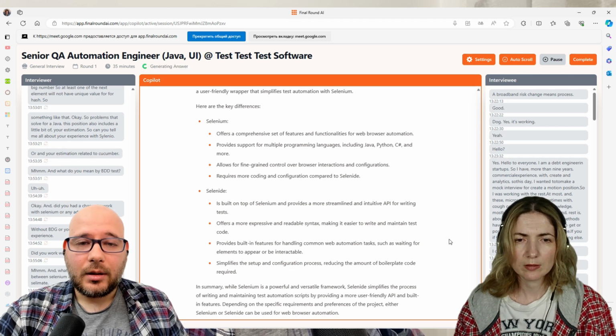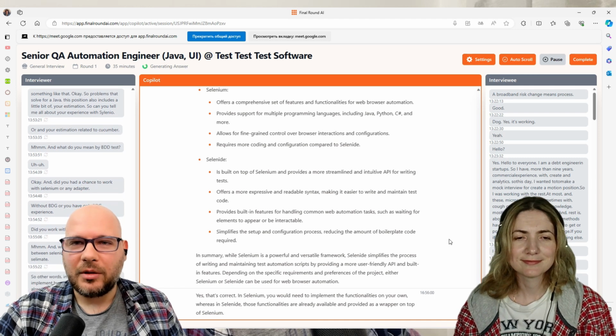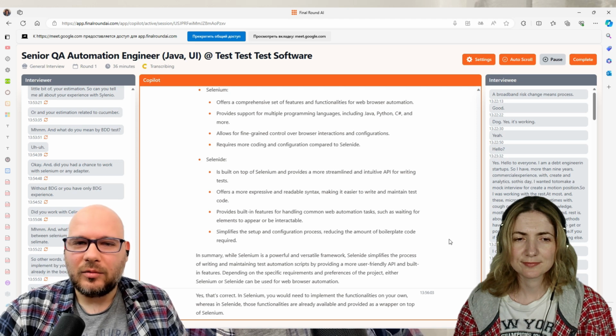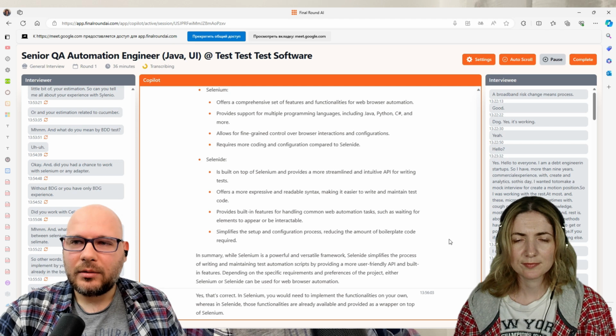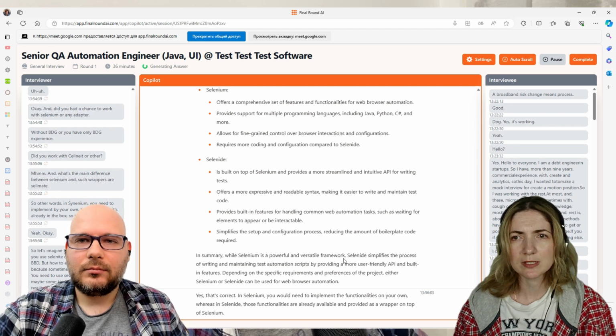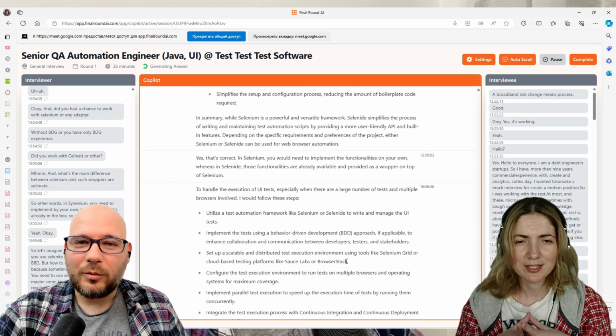Okay. So let's imagine that you wrote a framework, you use Selenide or Selenium, maybe even BDD, but how to execute all of your UI tests? Sometimes there are a lot of issues, you need to use several browsers, you need to encapsulate your results. You cannot do a lot of regressions on your local machine because it may be hundreds, thousands of UI tests. How will you handle it? What do you mean? Many browsers or many UI tests? It could be even both.